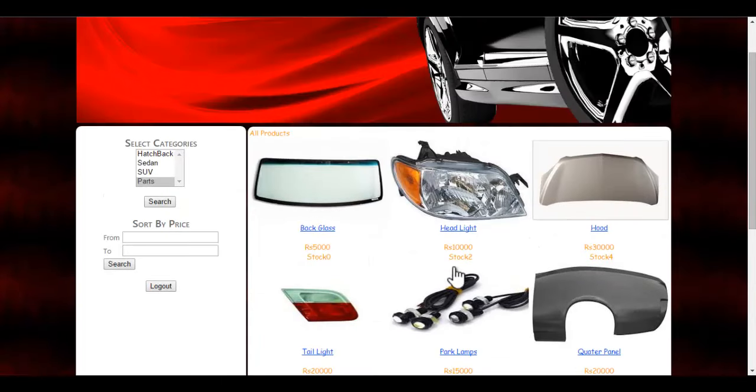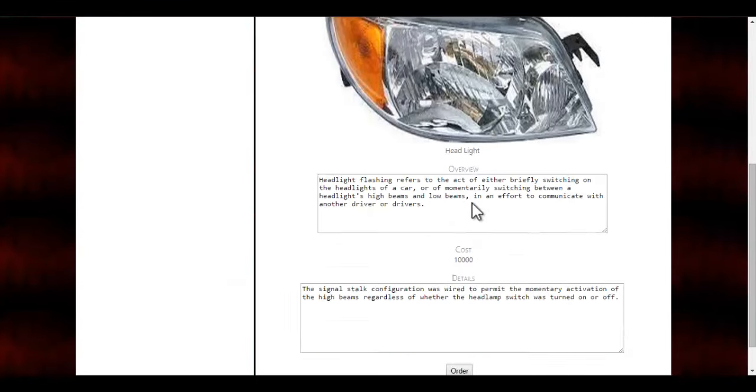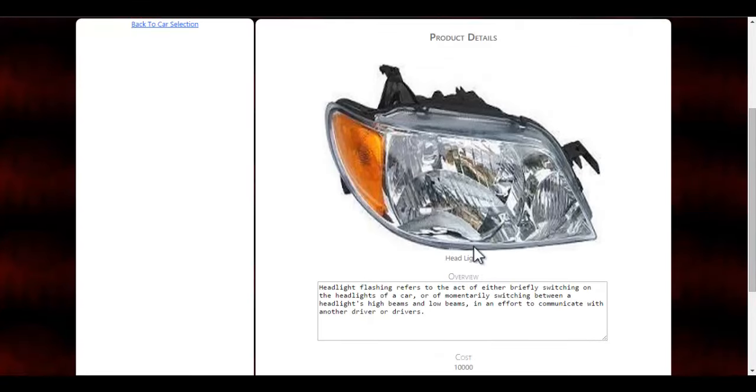Here you can see the image of the car parts as well as the name of the car parts, as well as the amount and the stock which is available in the inventory. If you want to purchase this product, I will click on the product. Once the user clicks on the product, you can view the product details as well as the image and